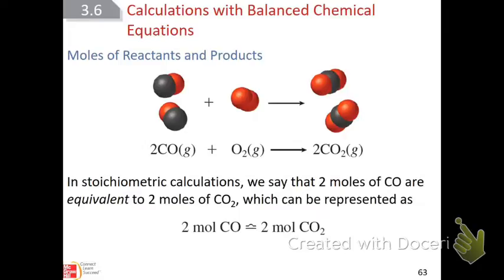that we are going to use the balanced equation, and in this balanced equation right here, it's saying that for every 2 moles of carbon monoxide, when you add it to 1 mole of oxygen gas, you can produce 2 moles of carbon dioxide. So this balanced equation can be used in stoichiometric calculations. For every 2 moles of this, you can react it with 1 mole of oxygen to produce 2 moles of carbon dioxide. This can be a conversion factor, and the single most important thing that you need to remember in